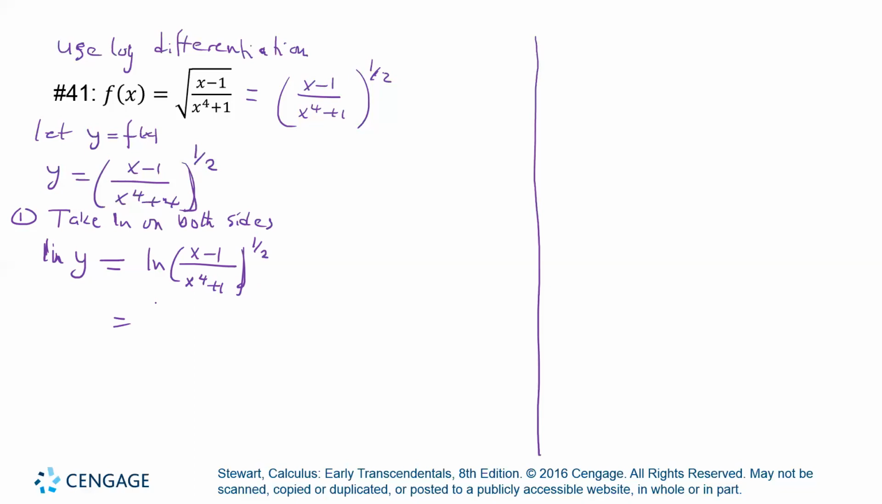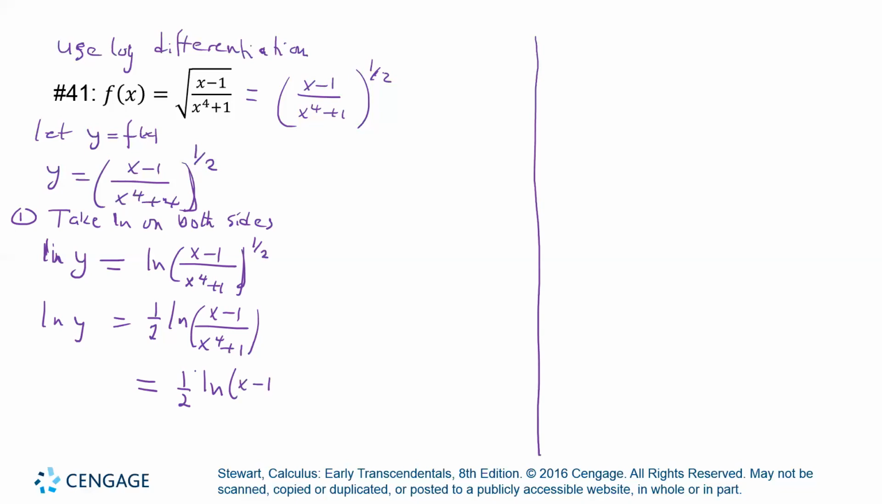The half comes to the front times natural log of x minus 1 over x to the 4 plus 1, like that. That's natural log of y. So then I finished simplifying. So this is equal to 1 half natural log of